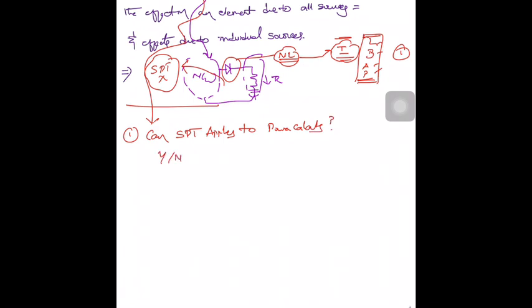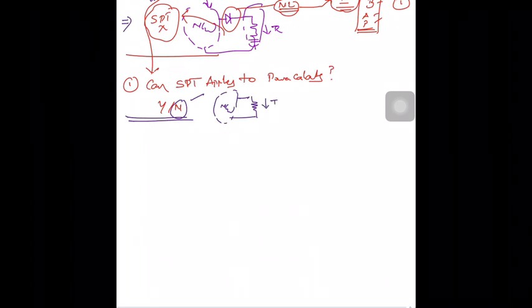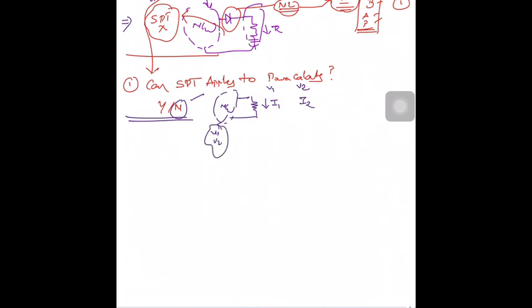Yes or no? Pause the video and have your answer, and I will explain. So you got the answer, right? Yes, you are correct. You can't apply this. Why? Say for example, you have a resistor and you have a network, and due to some source 1, the current flowing through the resistor is I1, and due to some source 2, the current flowing through the resistor is I2. For example, it is due to V1 and V2. This network contains two voltages, V1 and V2.